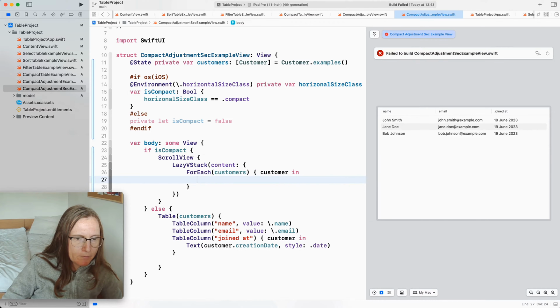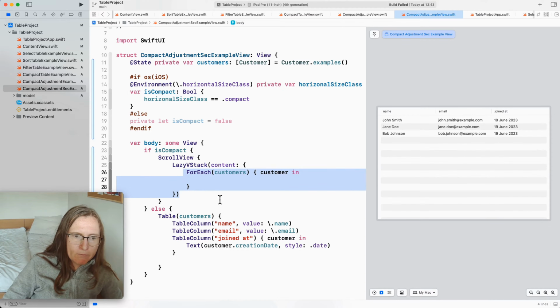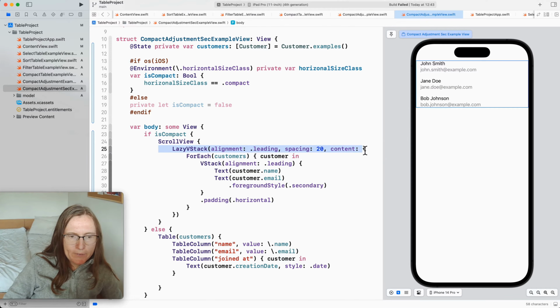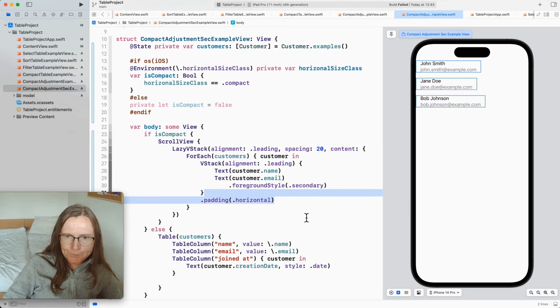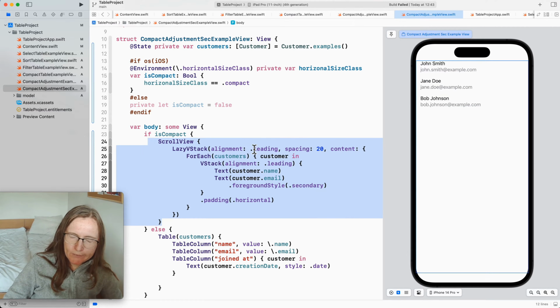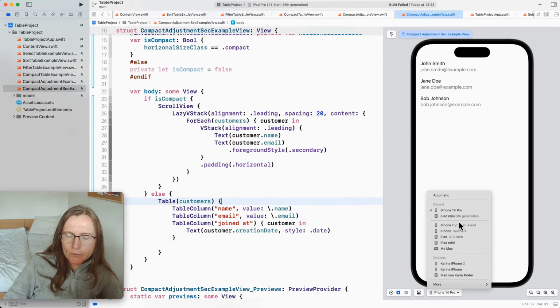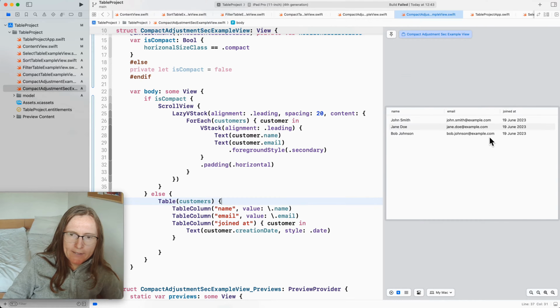and then here I again can show whatever view I want. I'm using here the same VStack, additionally with some alignment and spacing, layout adjustments. Now I can use whatever view you want to have. For the compact mode, maybe you want to show a completely different cell, different font sizes, maybe some images. Then on the Mac or on the iPad in regular size classes, where we can really see the full table